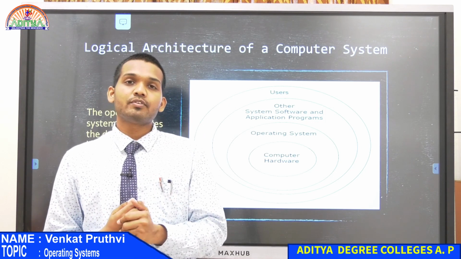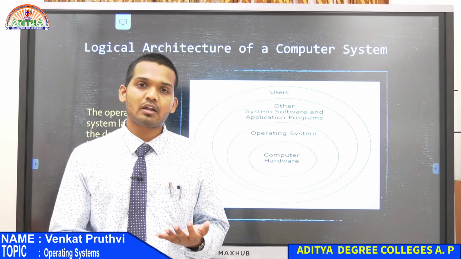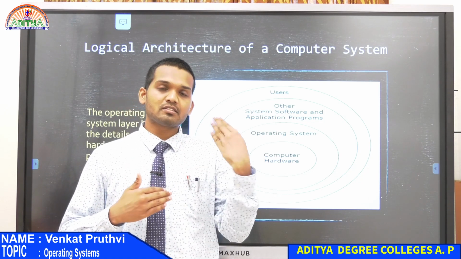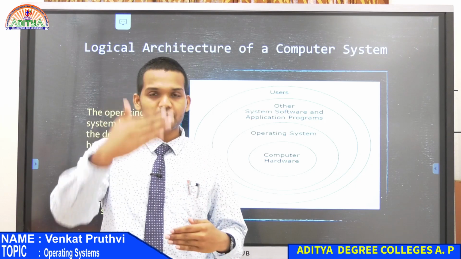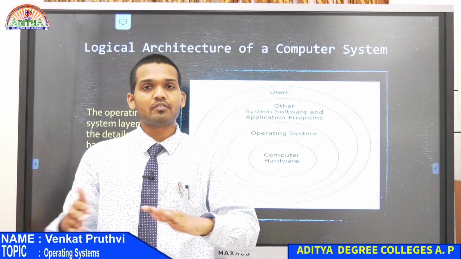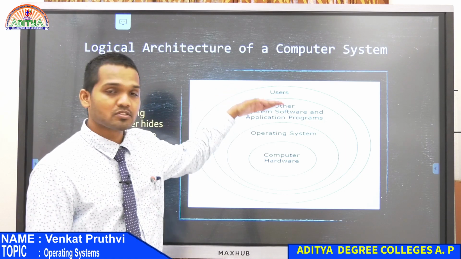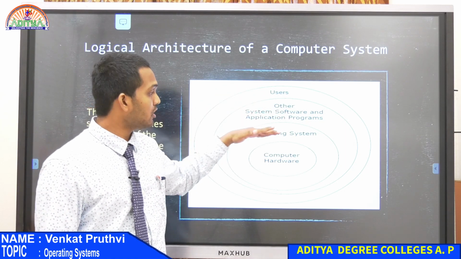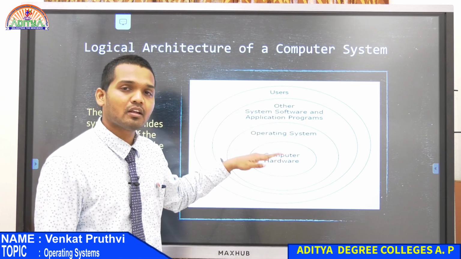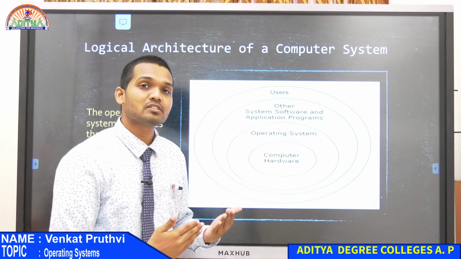inside the hardware. Now for that operation to be performed, you have to assign some tasks to the operating system. So the user from this side, he will be assigning some tasks to the operating system, and this operating system in between, it will further take the tasks and make it performed in the hardware. This is how it flows. Okay, that is how the sequence is. The user on this side, he will be installing some programs, and these programs are installed on the operating system. This operating system in turn talks with the computer hardware, and it tells the computer hardware, or it makes the computer hardware perform the task in a desirable way.